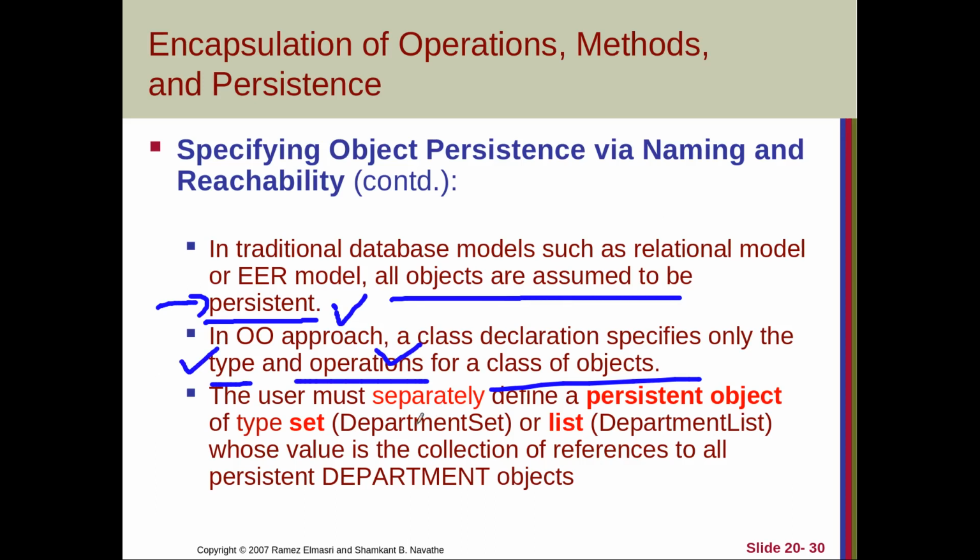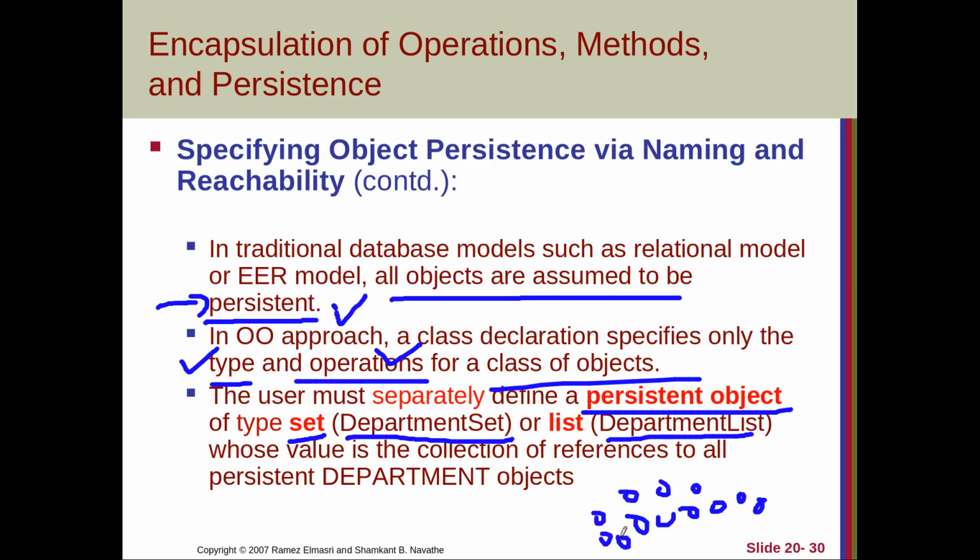So the user must separately define a persistent object of the type set. For example, we have a class called department. We need to create a new persistent object which is of type set of department, or list of department, meaning a group of departments. That means for keeping a number of objects,